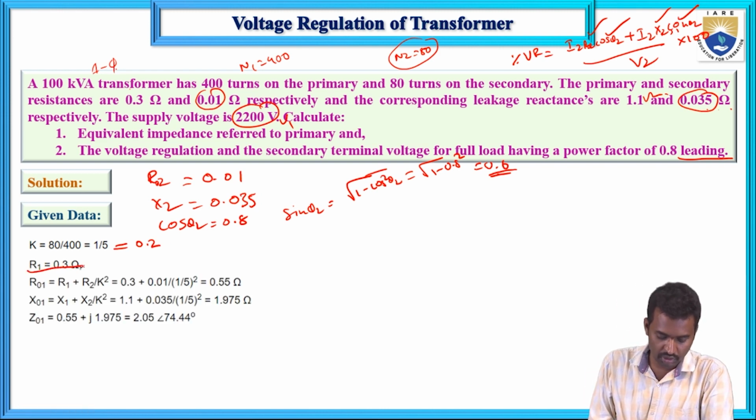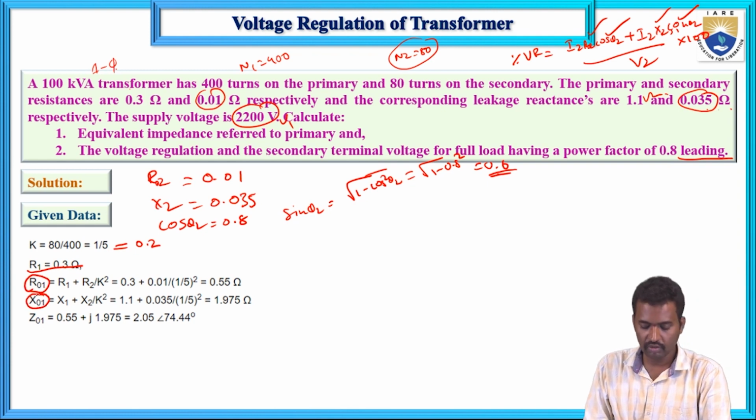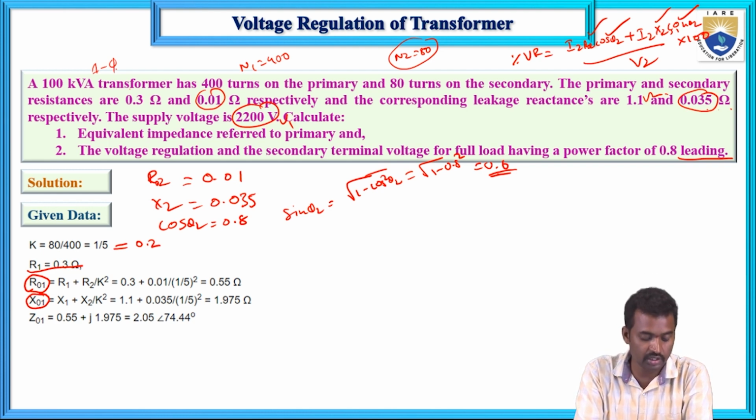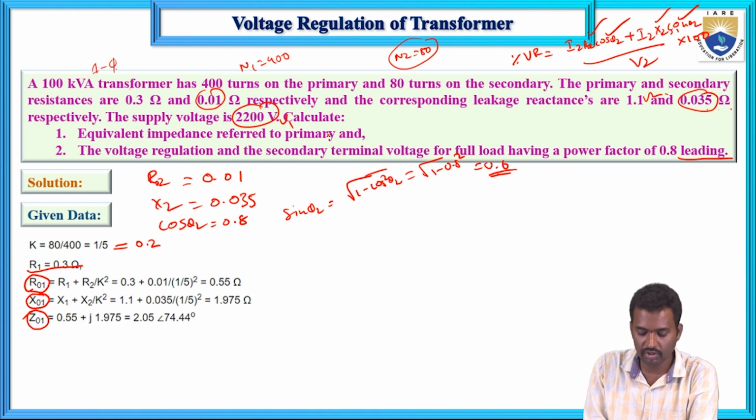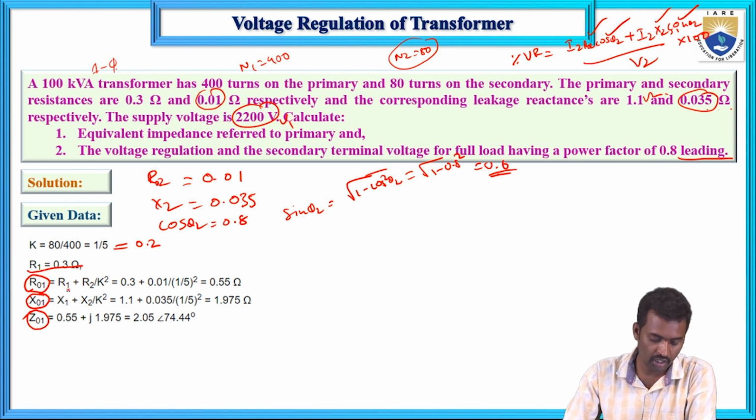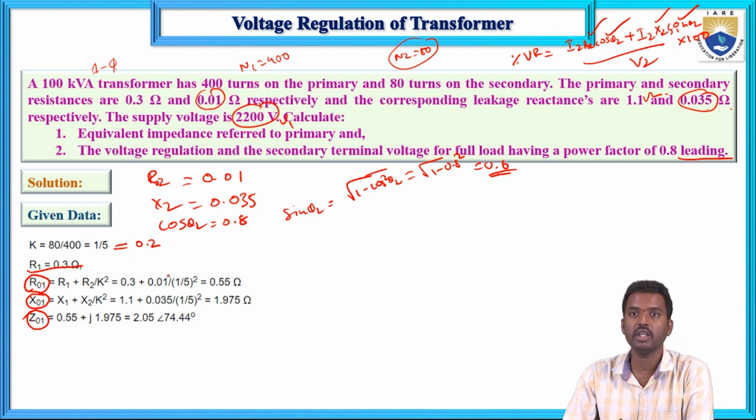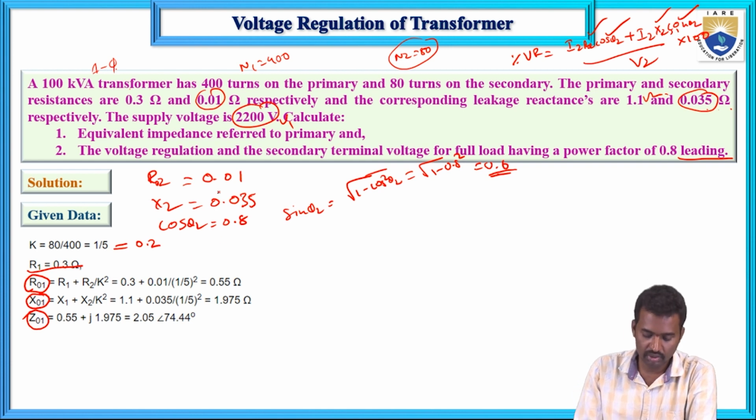Here R1 equals this one, and referred to the primary means R01, and referred to the secondary R02, and this one is the impedance. These parameters are the equivalent impedance referred to the primary. So first, resistance referred to the primary means here R1 plus R2 by K square. Here R1 is this one and R2 is this one, 0.3 and 0.01 divided by K square. K means this one, 1 by 5, square of 0.2, that equals R01 equals this one